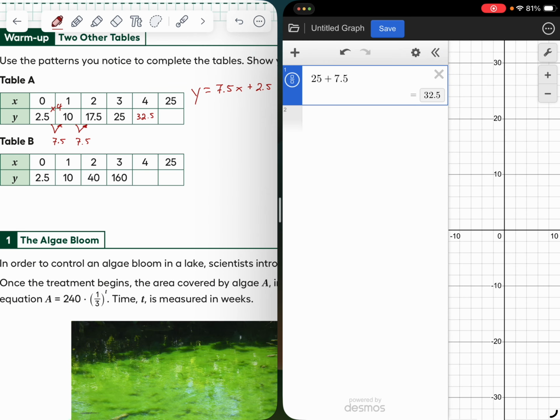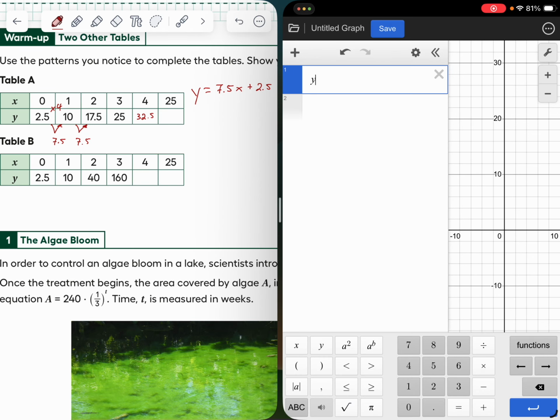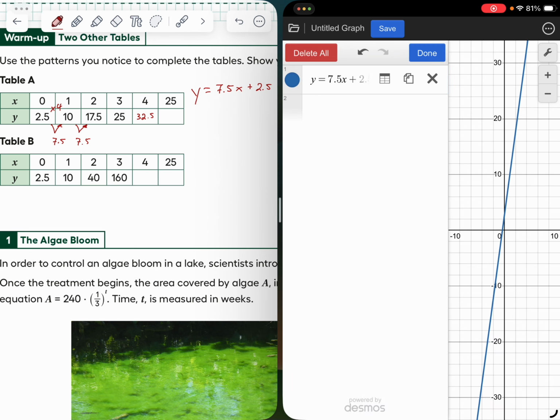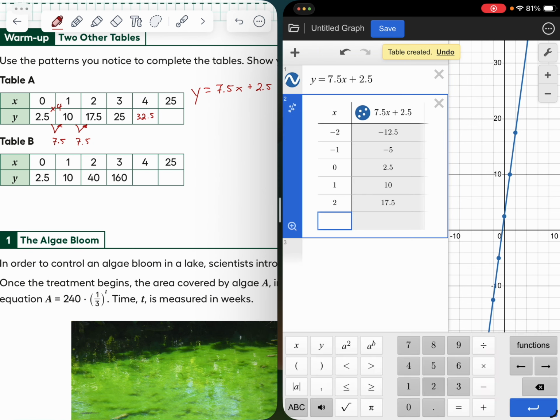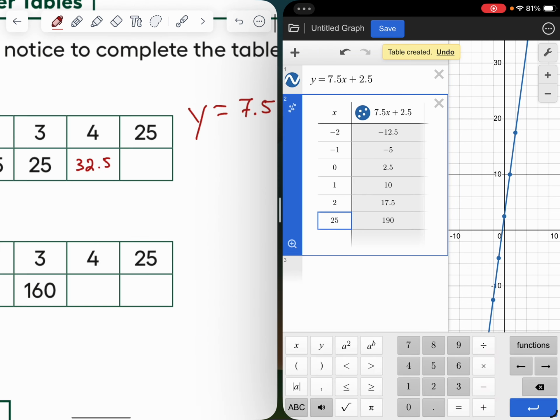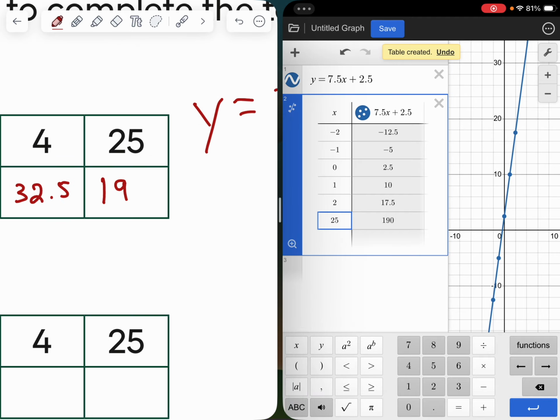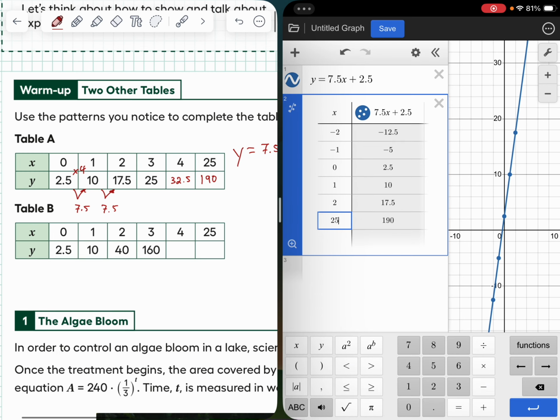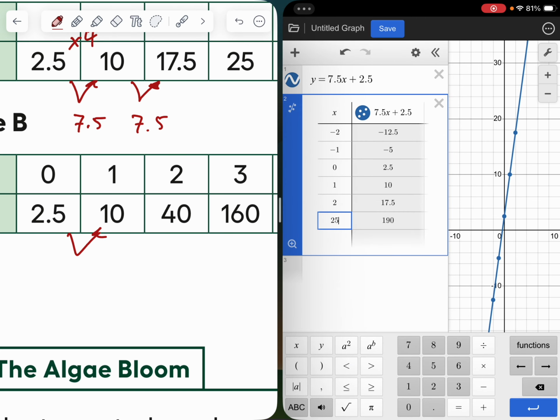Do it as quickly as we can here. So we've got y equals 7.5x plus 2.5. Hit the gear icon, change that to a table, change it to 25, and that tells it it's 190 for that value there. Okay, for table B, all right, so this one, it goes 2.5 to 10 again, but then